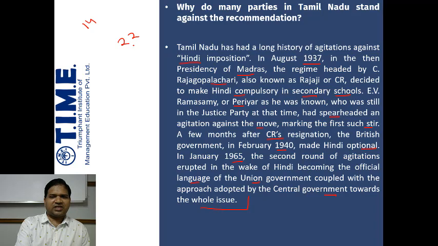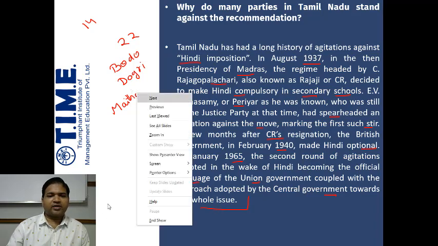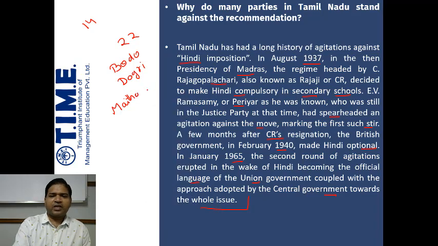The latest languages that have been added in the list of official languages in the Schedule 8 of the Constitution of India are Bodo, Dogri, Mathili, and Santhali. Bodo, Dogri, this is something important because it is repeatedly asked. Bodo, Dogri, Mathili is usually spoken in Bihar and associated regions. Bodo, Dogri, Mathili, and Santhali. These are the last four languages in the list you will find: Bodo, Dogri, Mathili, and Santhali.